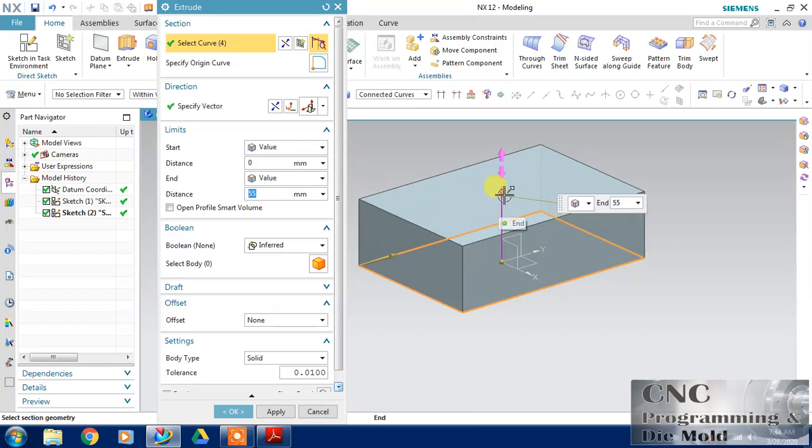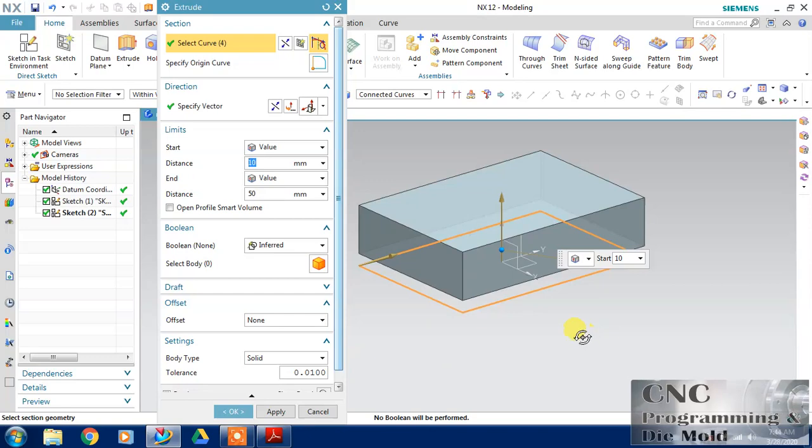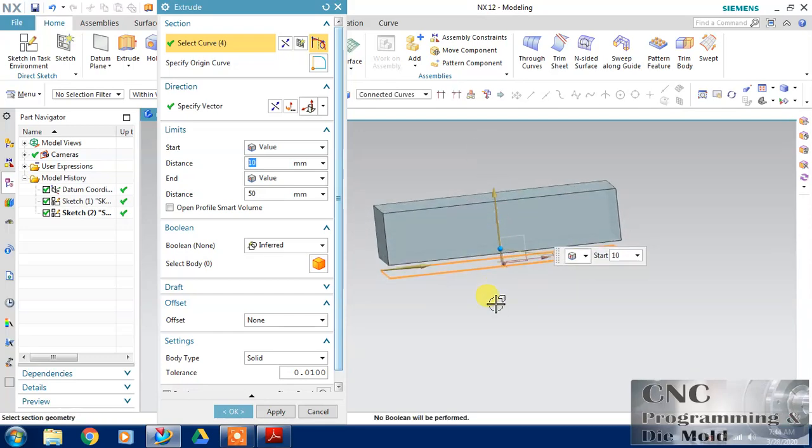With the help of this handle we can extrude in one direction, and for the distance you need, just type your distance. Suppose I need 15 millimeter at the end direction, and in the start direction suppose I choose this 10, so this will come in the positive direction.